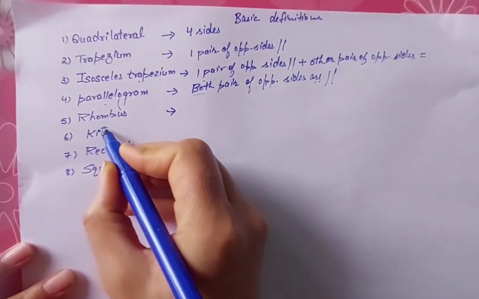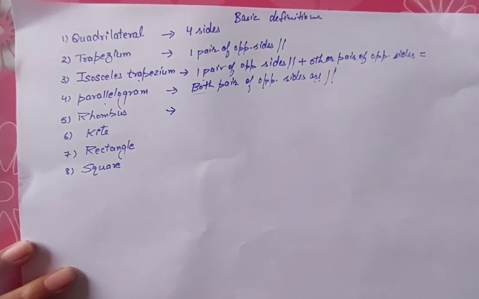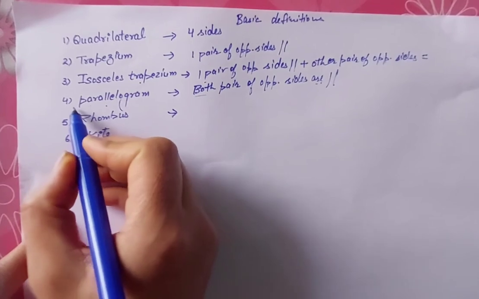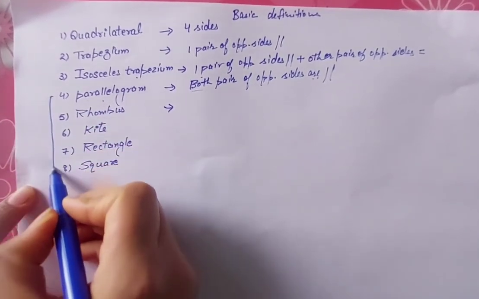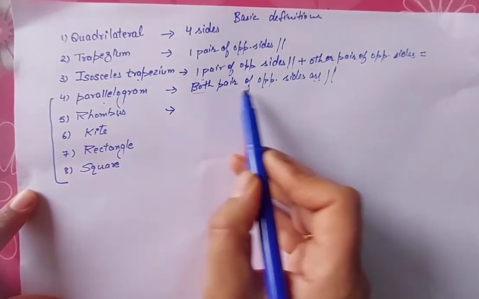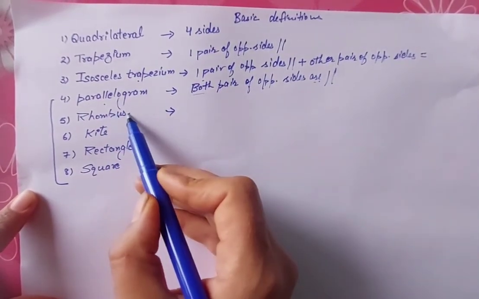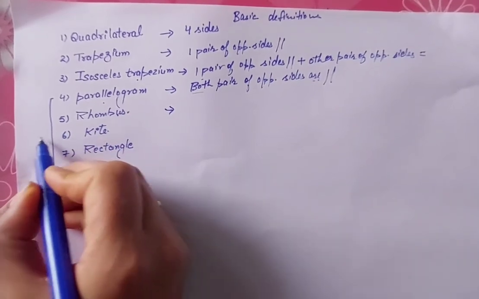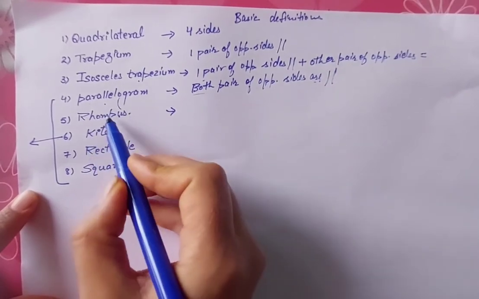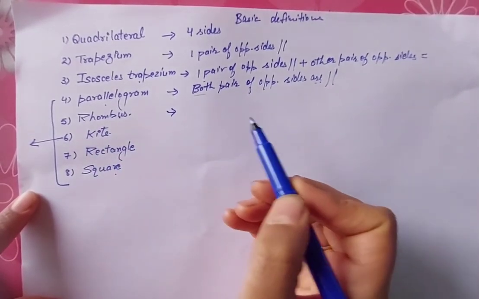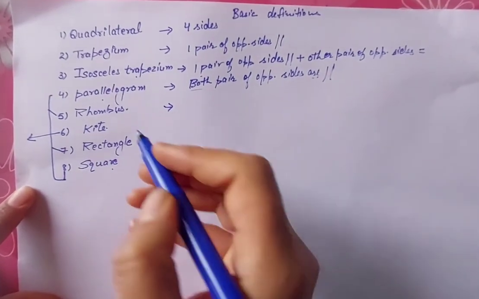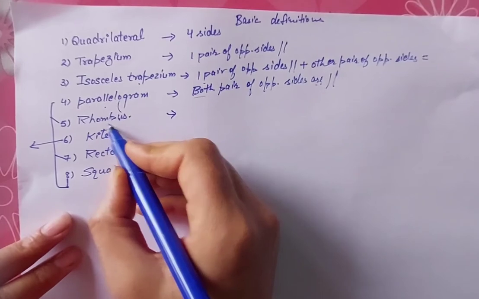Now, rhombus. What is a rhombus? A rhombus is also a parallelogram. In fact, these all are parallelograms. In a rhombus also, what makes it a parallelogram? Both pairs of opposite sides are parallel. So they are parallel in a rhombus, kite, not kite, sorry. I'm very sorry. A kite is not a parallelogram. Rhombus, rectangle, square, they all are parallelograms. So let me link it like this. So a rhombus is a parallelogram.